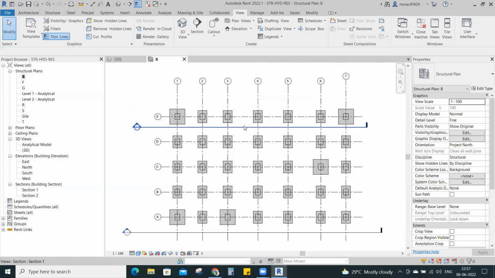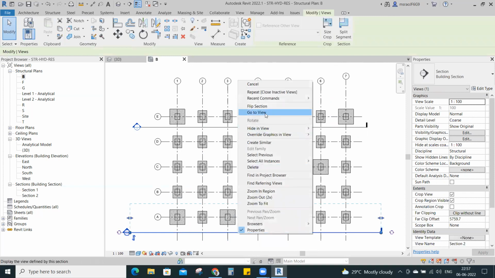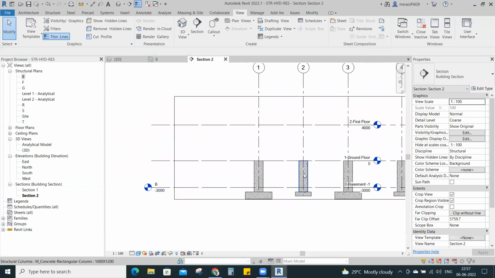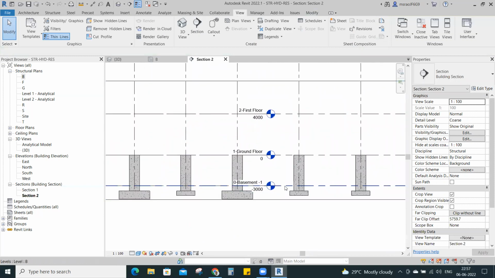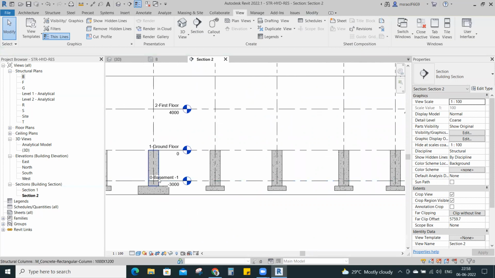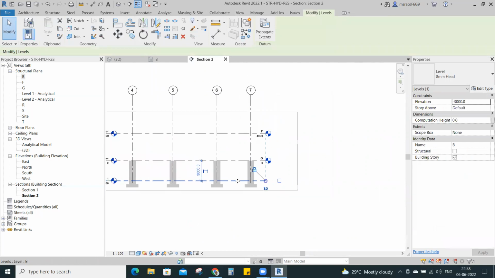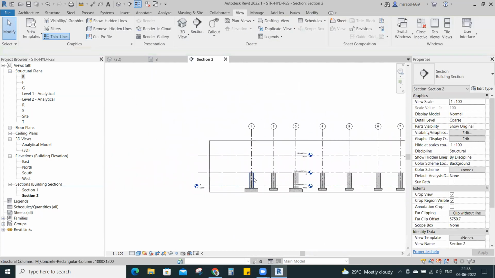So where I need to place a plinth beam, let's say for example, I go to the section view. See here I have the basement and my foundation is below the column. Now I want to place my plinth beam in the basement. At this level, I want to draw my plinth beams,